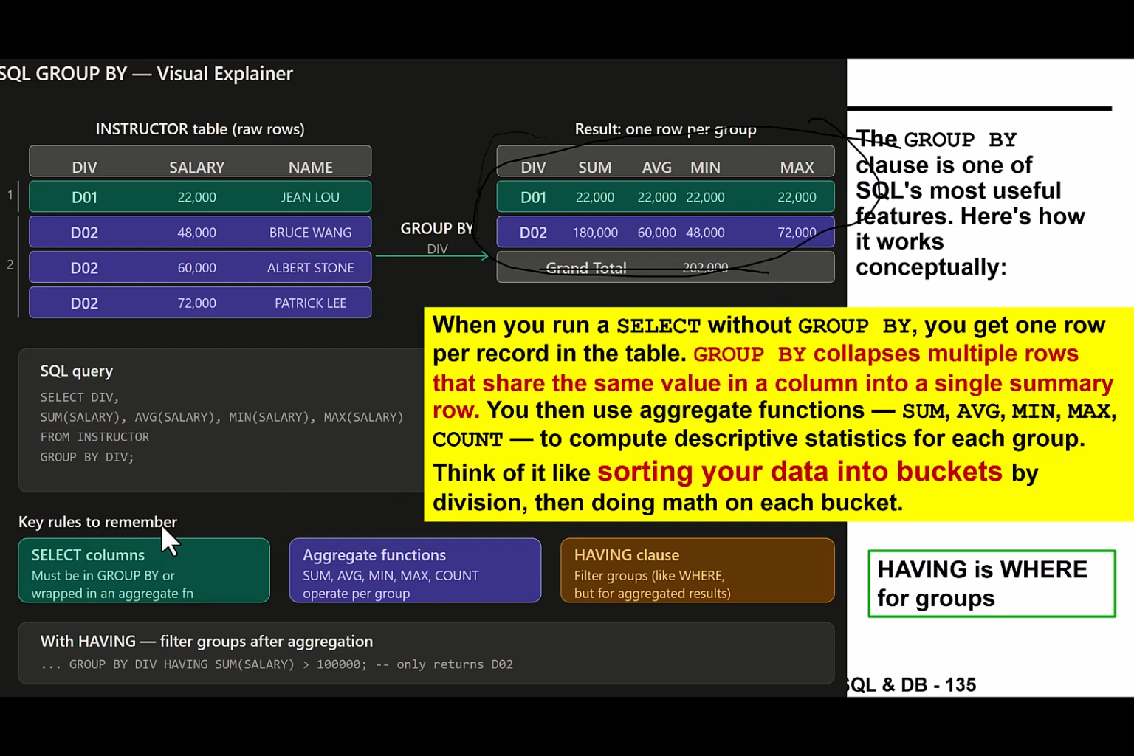So the key rule, if we look at the SQL statement here, is the select column must be in group by or wrapped in an aggregate function. Okay, what does that mean? Which means the column that we use here,